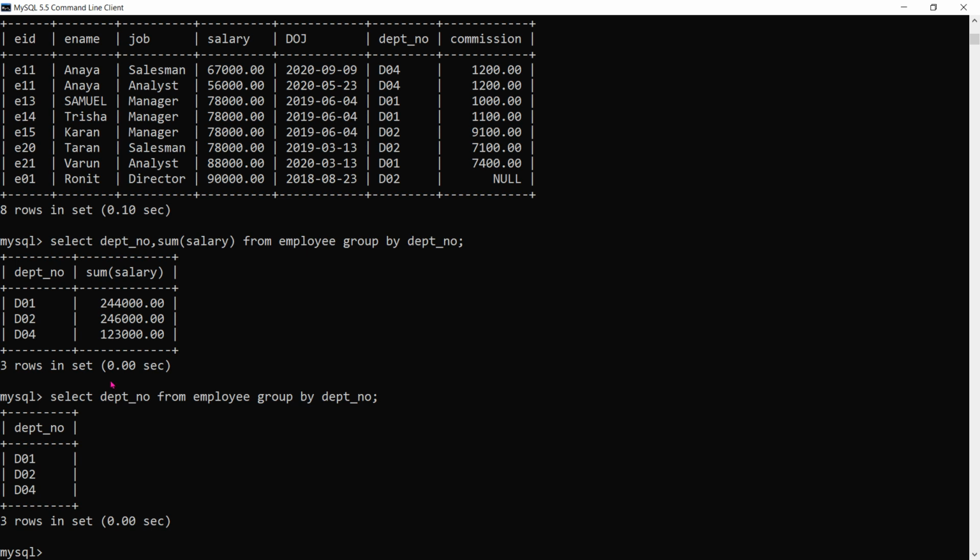I think it is clear. Either those columns are grouped, or of aggregate function type.